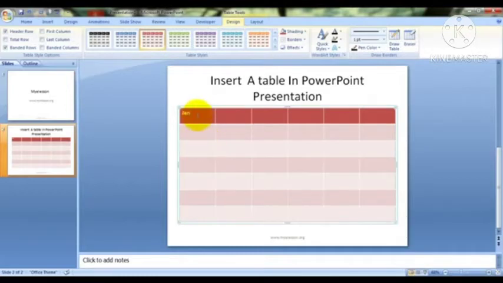And we can arrange the table in different rows and columns, and we can give information in the different rows and columns like January, February, March, April, May, June.